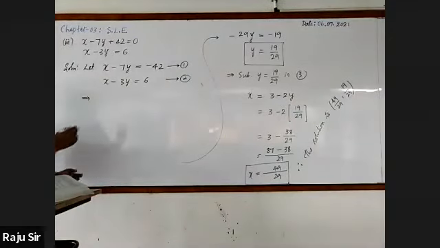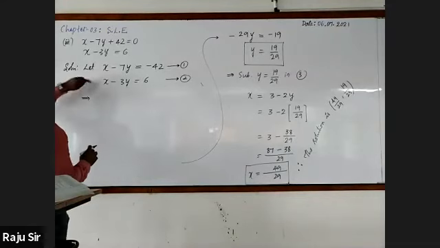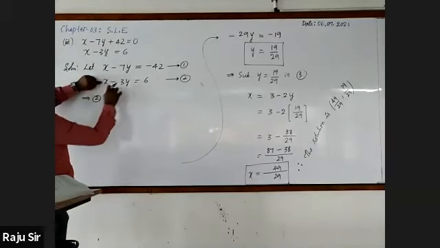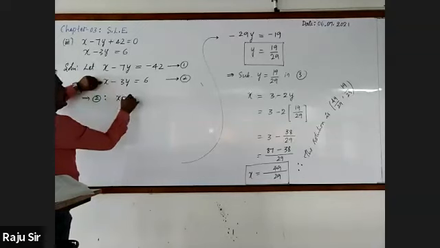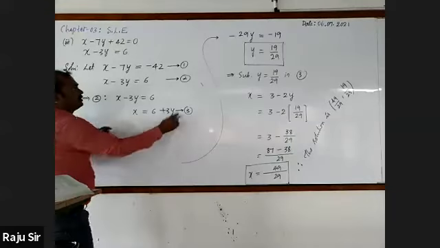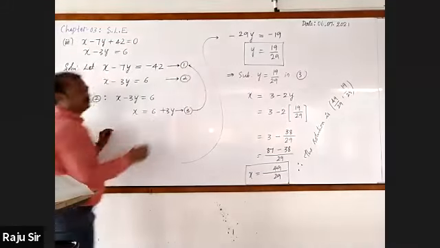In the next step, which equation can be chosen? First or second? Second, sir. In both these the coefficient is 1 only, but here we have comparatively 7 and 3. This is least. So I'm taking second equation: x minus 3y is equal to 6. Shall we go for solving x or y? X, sir. X is equal to 6 plus 3y. Call it as equation 3. So should it be substituted in 1 or 2? 1, because it has been taken from 2.